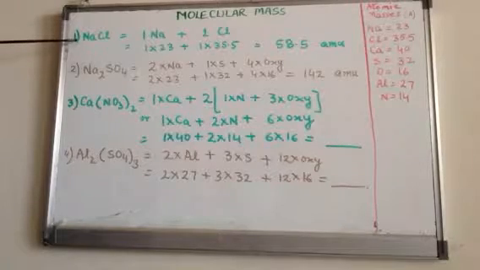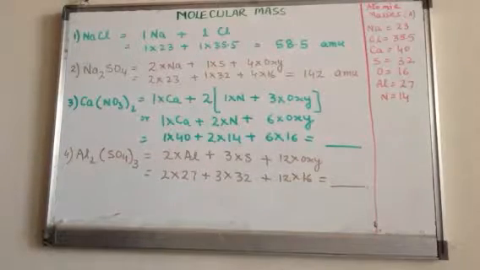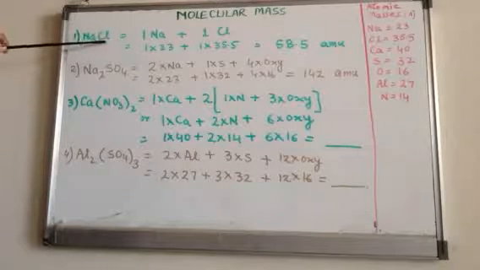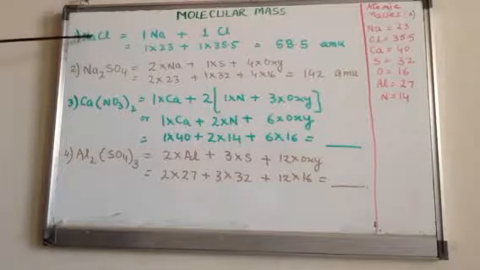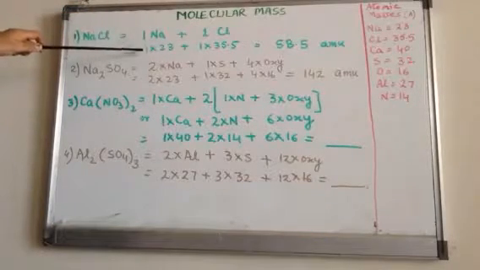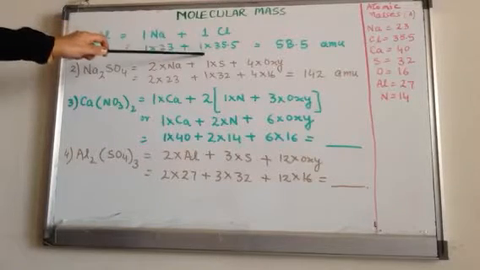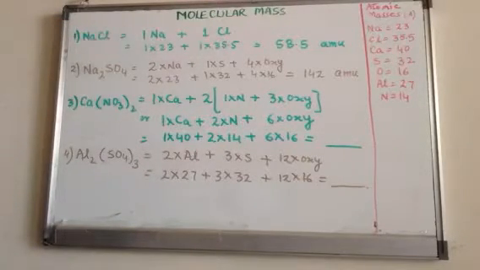First of all, we have sodium chloride. Now for convenience, we've written down the atomic masses of the elements on the right hand side. Sodium chloride is made up of one atom of sodium and one atom of chlorine. So one atom of sodium, that is 1 times 23, one atom of chlorine, that is 1 times